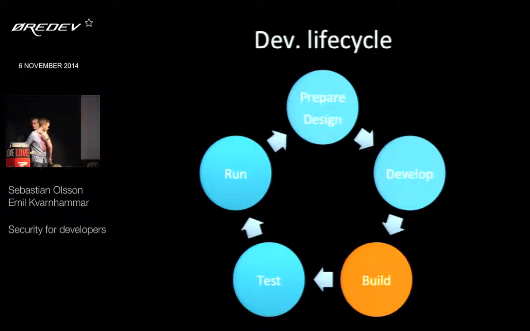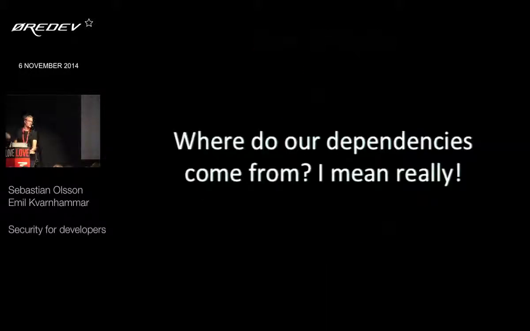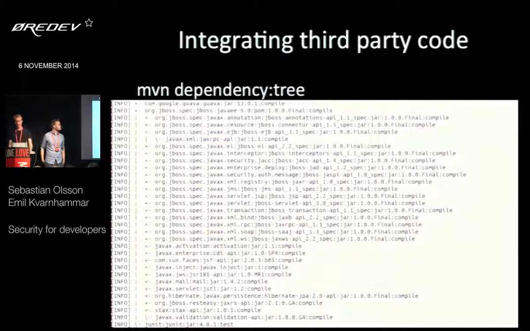So, moving on. All right, so moving on to the build step. And a core part of security in builds is to know where your dependencies come from. And we mean really, where do they come from? Not what project they come from. Where do they originate? And are we sure they are not being modified on the way? So looking at,